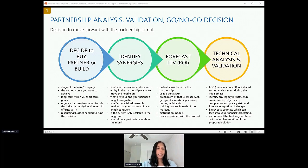So we are still at the very initial stage of understanding if partnership is the right approach for you, as well as if that particular partner is the right partner for you to take on that relationship. So the third step, as I was talking about, is forecasting the LTV, or the long-term value, or the ROI of the partnership. So if you have a potential partner that fits your bill and fits your long-term, near-term goals, they have synergies with your ecosystem, with your product, and more importantly, you see a healthy future together, you can start drafting out some multi-year financial projection models that can help you forecast the financial ROI of this potential